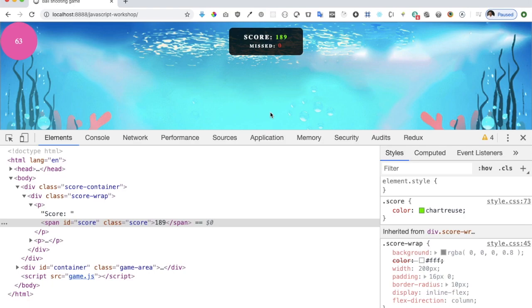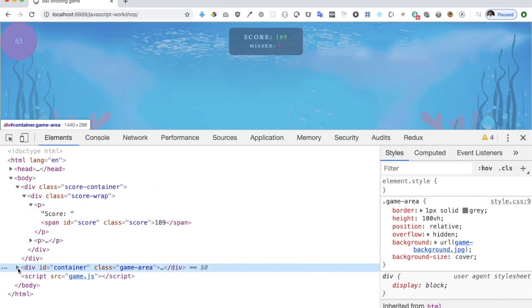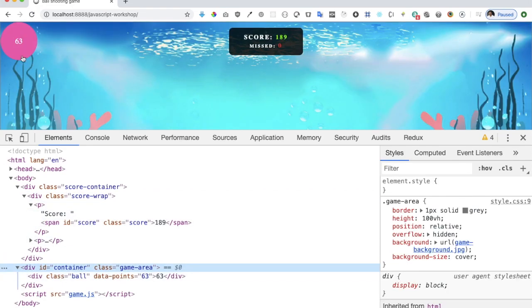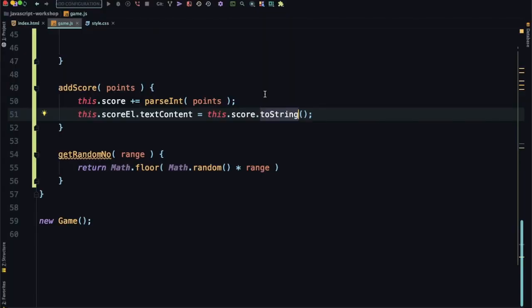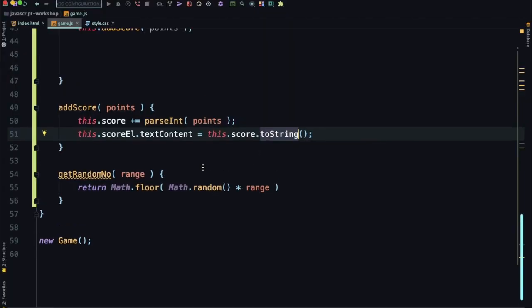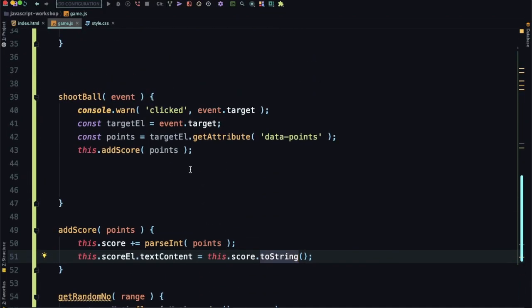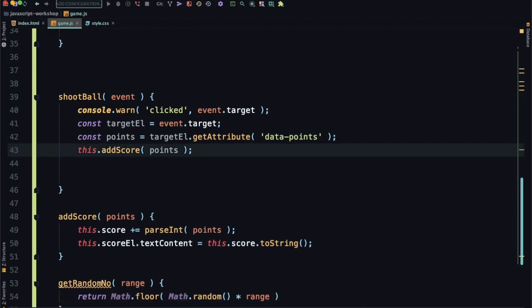add the score. What we also want to do is remove this element from the DOM, because if I'm already clicking this ball, I want this ball to disappear. So I don't want this ball to stay in the DOM, right? Currently it is still in the DOM. We don't want the user to keep clicking on this ball and adding the score. That won't be fun, right? So how do I make it disappear? Well, it's pretty simple. There is a method in JavaScript. It's called remove. We just need to call that method on that element, and it will remove that element from